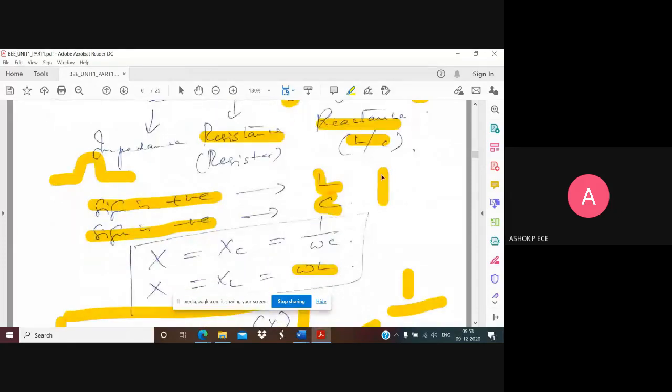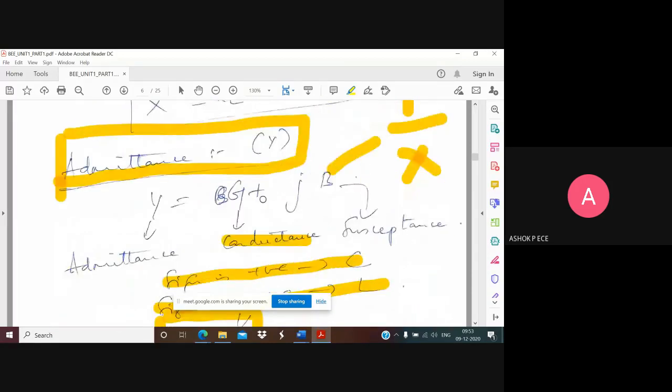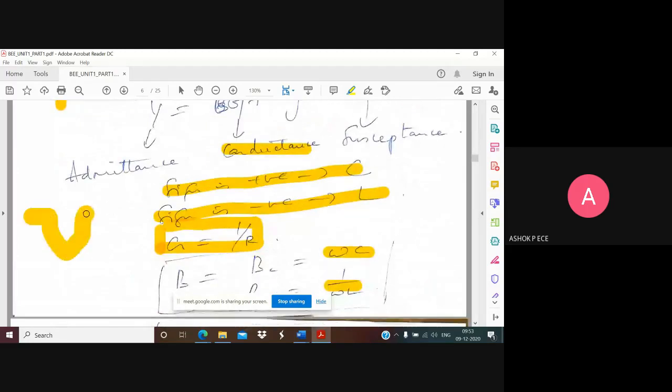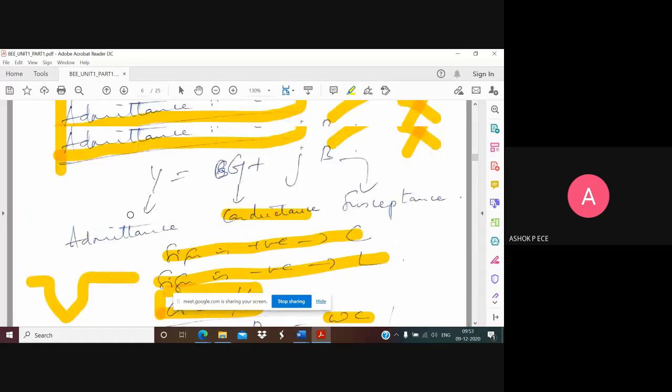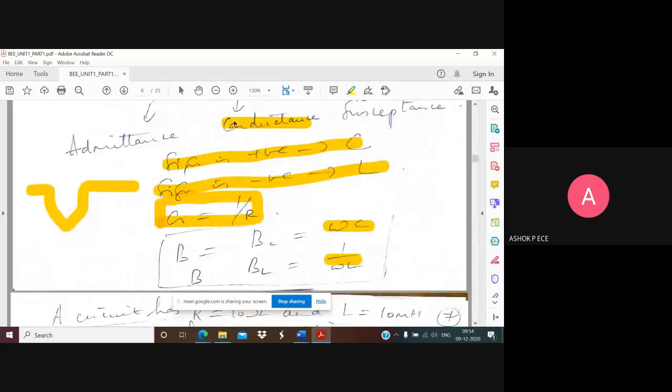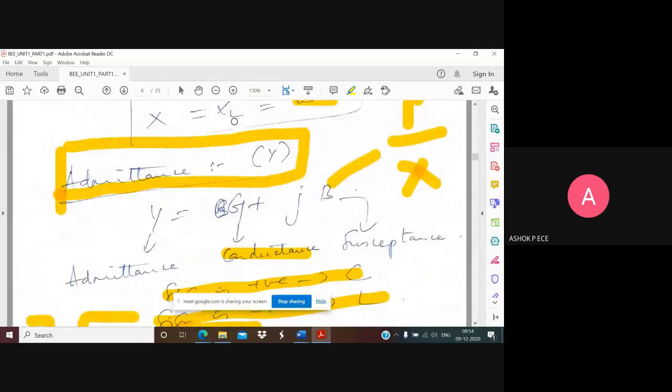AC circuits. So whenever we study AC circuits where frequency is involved, we'll definitely use all these components of impedance and admittance. Any doubt in impedance and admittance? The unit of admittance is going to be ohm inverse. You write this ohm in an inverted way, and you call it ohm inverse. And the unit of impedance is going to be ohm, as I said. Any doubt in Z and Y?